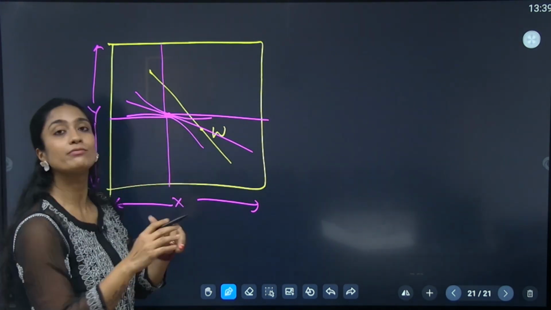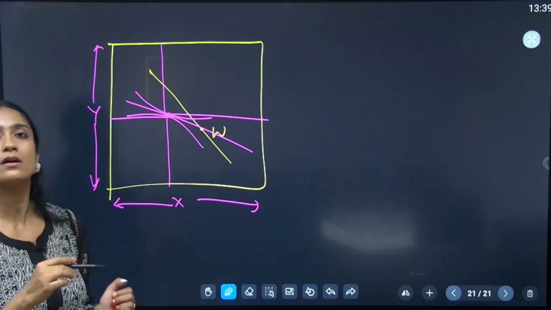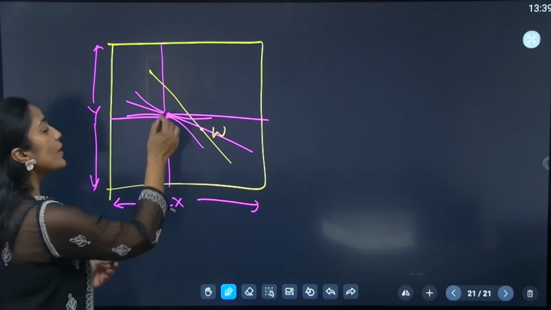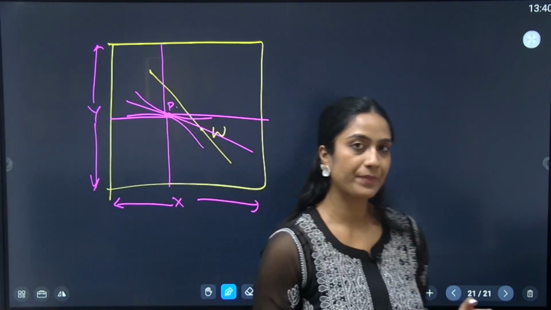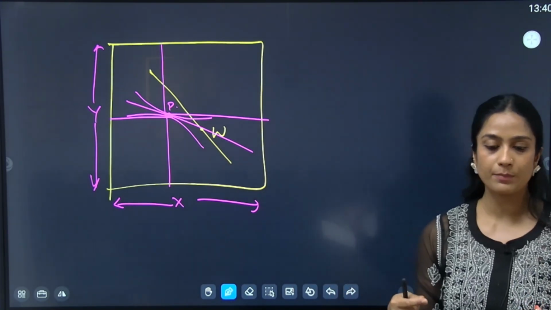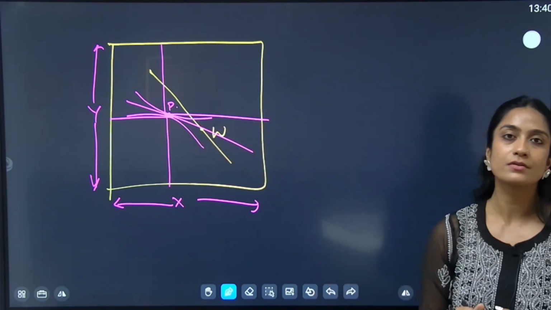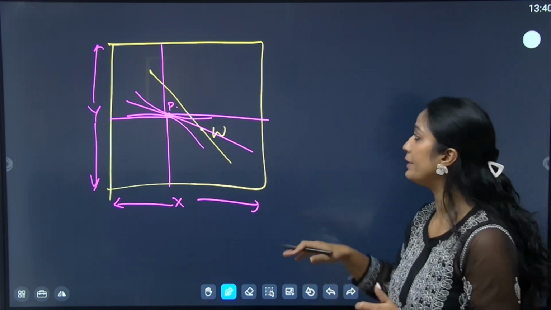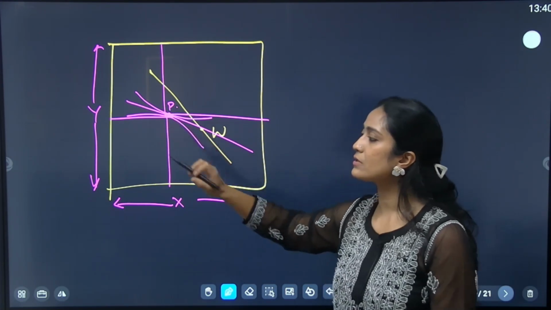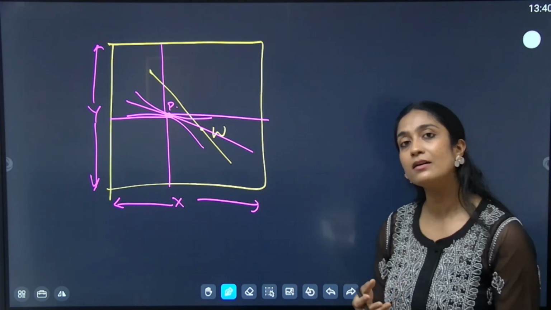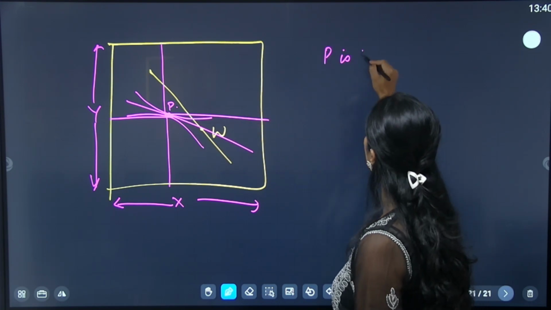And both of them, at that price, will have maximized their utility, because we know that this tangency between price line and utility indifference curves comes from utility maximization, right? So at this final price, say P, both of them will have maximized the utility. And we already know, now this is the important point, that a point where the indifference curves are tangent to each other, right? Earlier they were tangent to the budget line, but they were not tangent to each other, okay? So at the point where the indifference curves are tangent to each other, that point is a Pareto optimal point. So we can easily see from this that P is Pareto optimal,